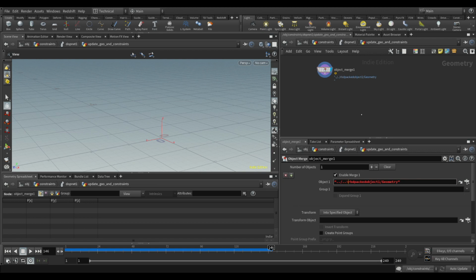I don't know why. That's just how it's set up. So by the time we reach here, we've gotten sort of backslash, backslash. In fact, let's make this an absolute path just so we know what we're doing. So we'll go obj, constraints, and then into our DOPNet here. So once we hit the DOPNet, we switch to a colon, and then everything inside the DOPNet, we're using these